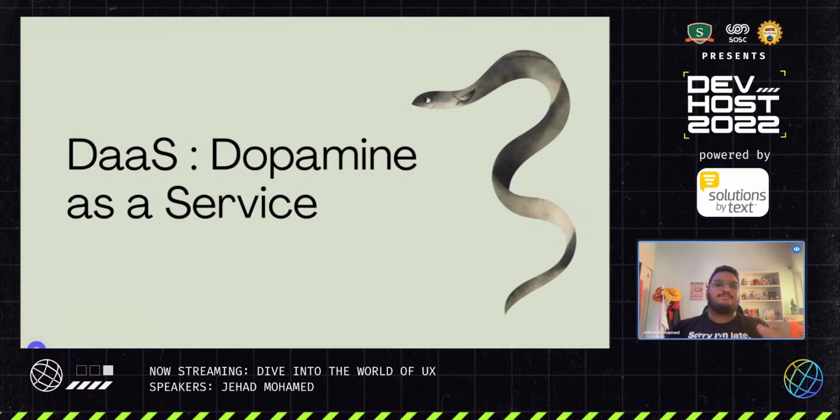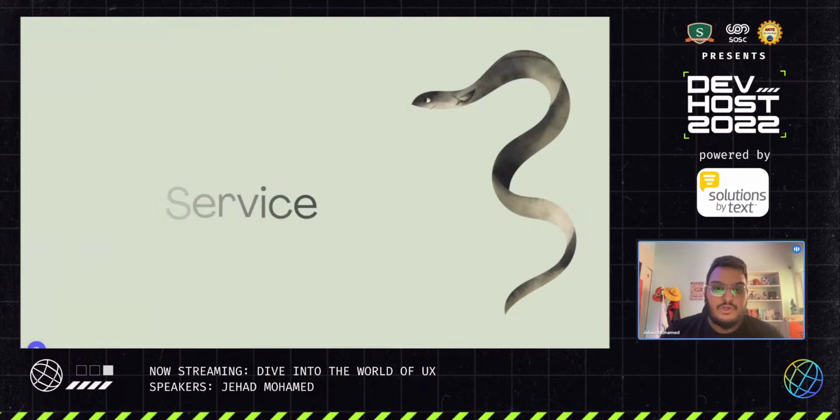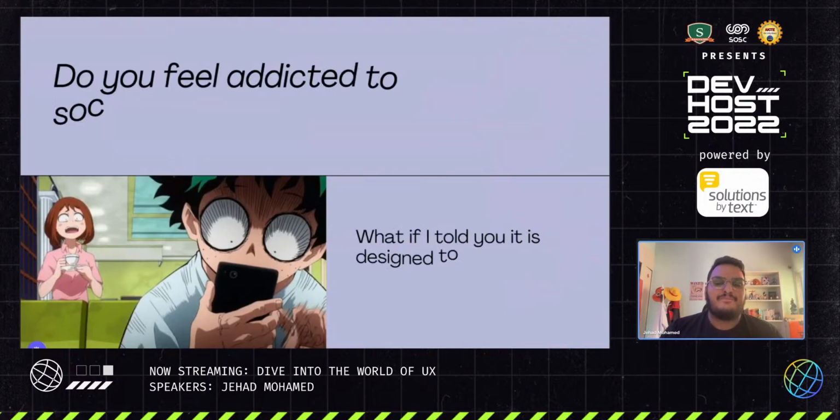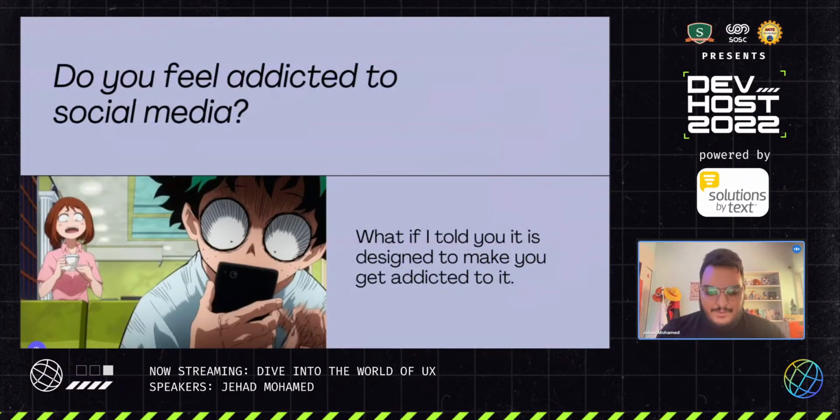So it's actually a spoof on the different things you might have learned in computer science, like infrastructure as a service, software as a service, SaaS, PaaS. There are many of these. So dopamine as a service is something that a lot of